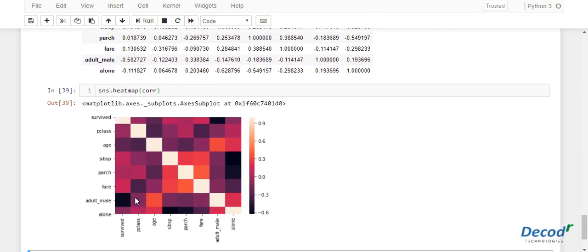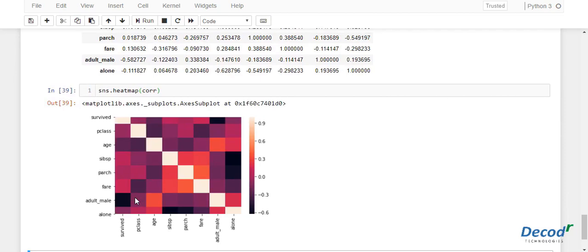From the output it can be seen that what a heat map essentially does is plot a box for each and every combination of row and column values. The color of the box depends upon the gradient.